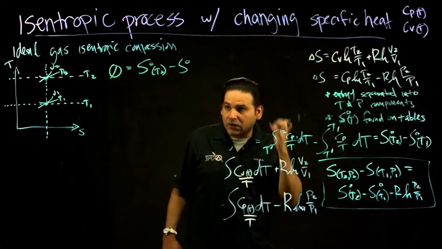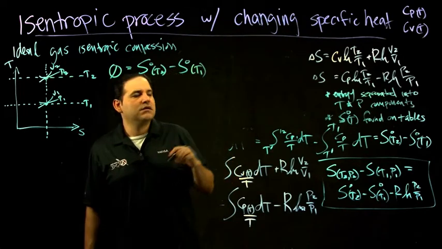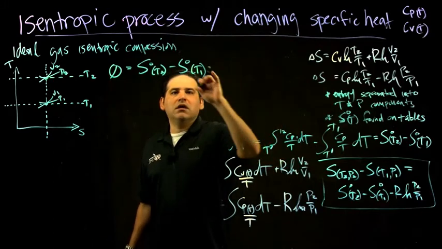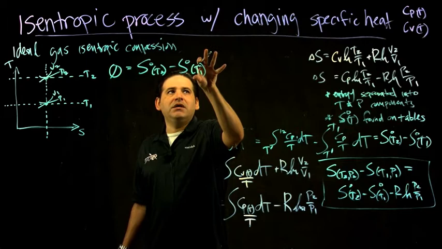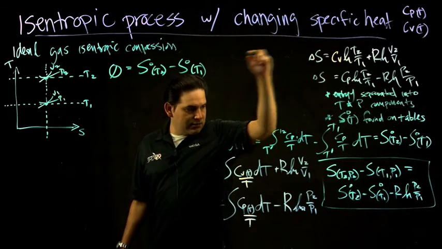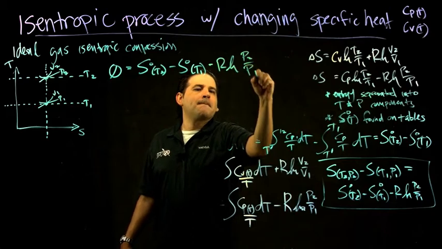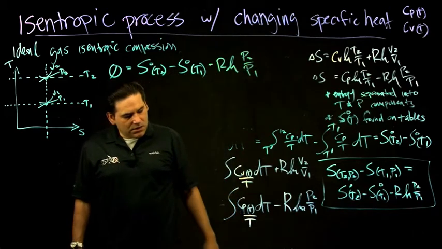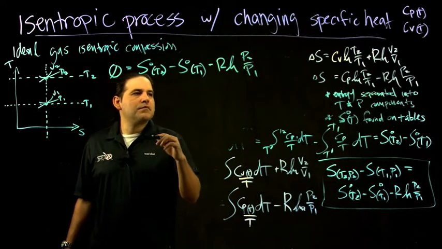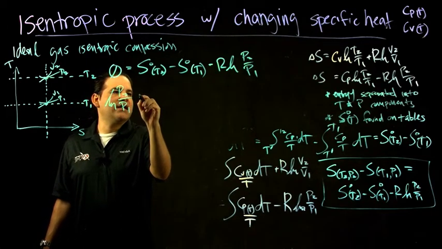I mean, I'm talking ahead of myself here, but this entropy in the reference framework, we can relate this to this reference enthalpy if the specific heat is changing. And so going from this expression, solving for this, just working from this equation, what we'll get